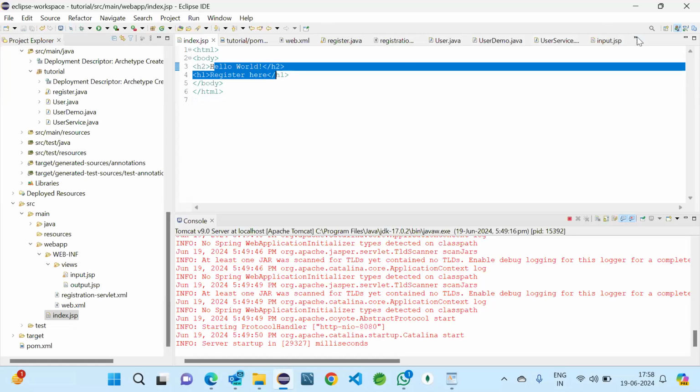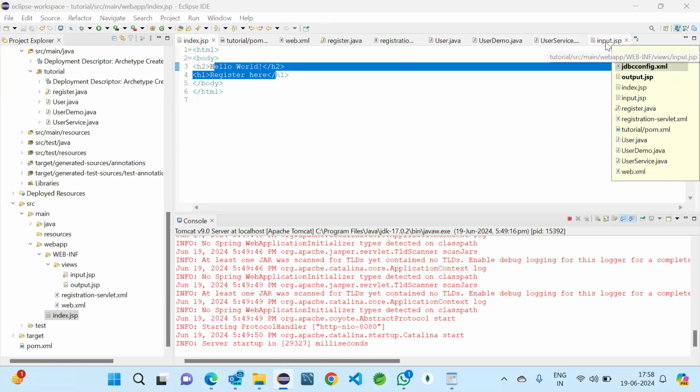So which is fine, you choose. We have created one view, input.jsp, here now. By default we are opening index.jsp according to our project. So we can open index.jsp and redirect to input.jsp, or else give our register page here. Which thing do you want?